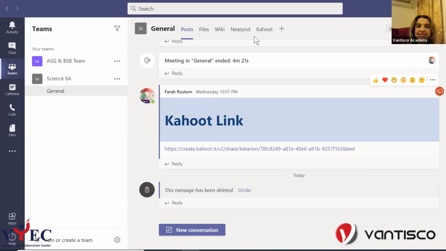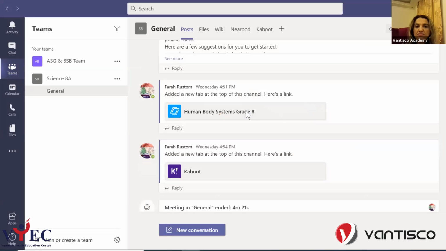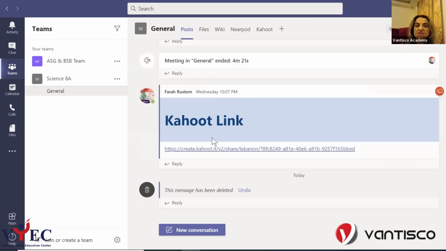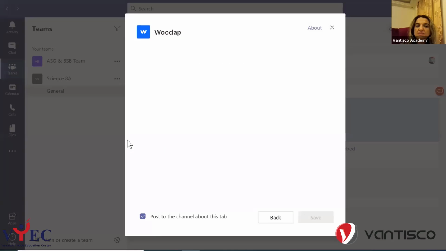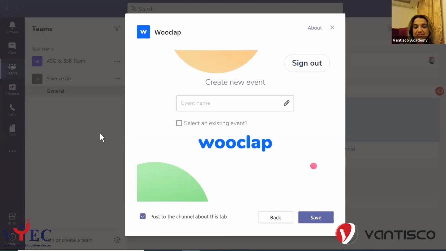As you can see here, we have the last session's session 1, where we added Nearpod, which is an application in Teams. And then we have others, Kahoot, and now I will show you Plus, and then you can add Wooclap in Teams. The teachers who are teaching and using Teams for distance learning, simply they can sign in,